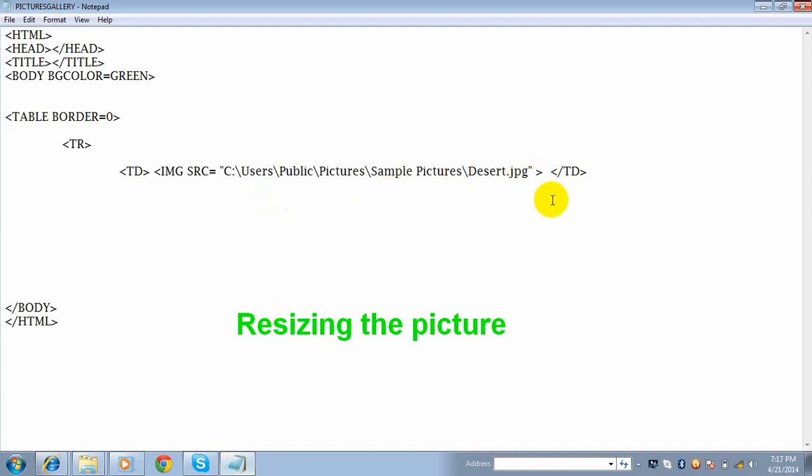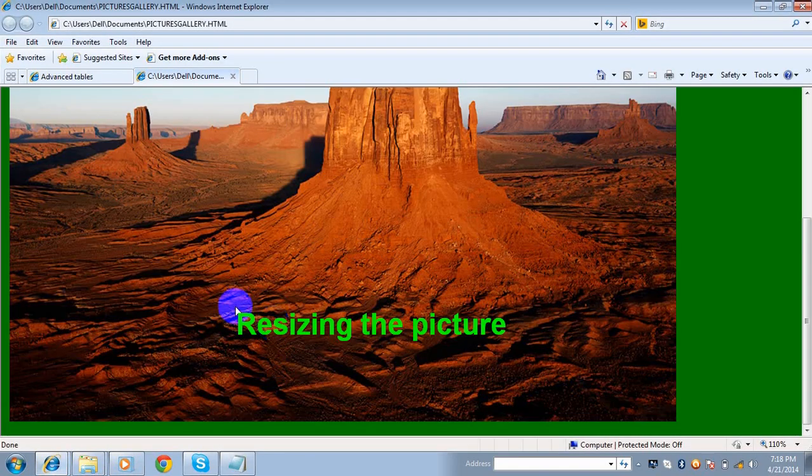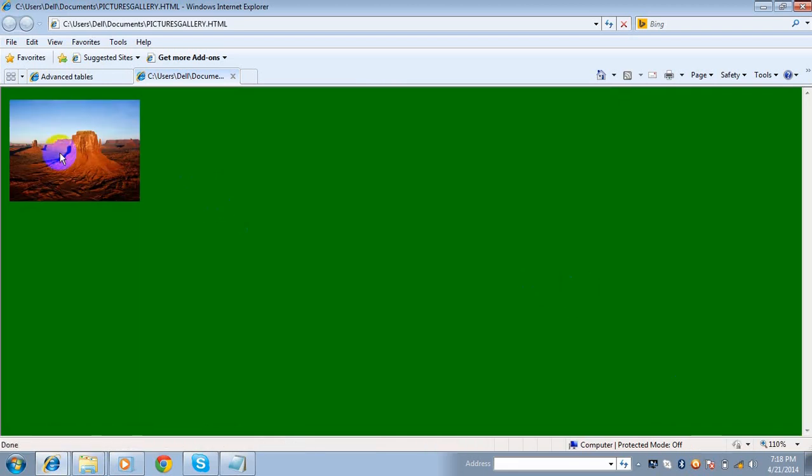Now inside this image tag, you can type like height equal to 150 and width equal to 200. Okay, I want to display that picture in height 150 and width 200. Now save the text, go to web browser, right click, replace. See, the picture size has been decreased.